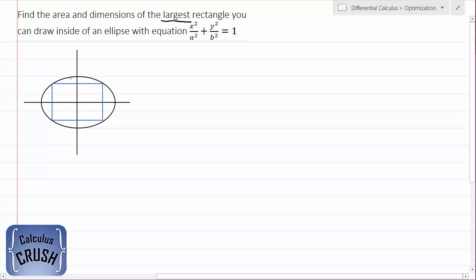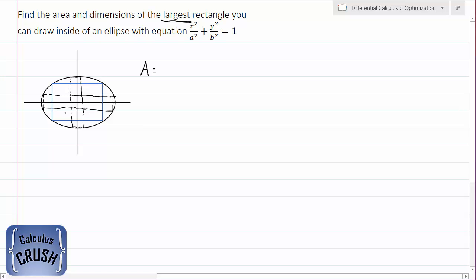So we can see another example of a rectangle that we can draw in here. It would be something like this. Very, very thin little one up here. Now, obviously, this probably wouldn't give us our maximum area. Neither would a rectangle like this. So it's obvious that there are some optimum dimensions to get the biggest rectangle possible, and we're going to figure that out. So let's write down the area